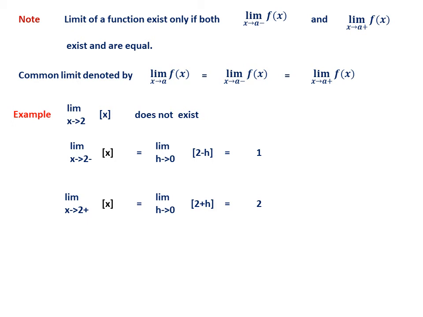In fact, for the greatest integer function, limit does not exist at an integral value. And you can also prove limit exists at a non-integral value. That's also important. Of course, those things we shall discuss in continuity because there are many questions where we have to discuss continuity, and continuity is based on limit. But here I am just giving you an idea how to find it. So that is my purpose. So this implies limit of greatest integer function x as x tends to 2 does not exist. So this is the concept.